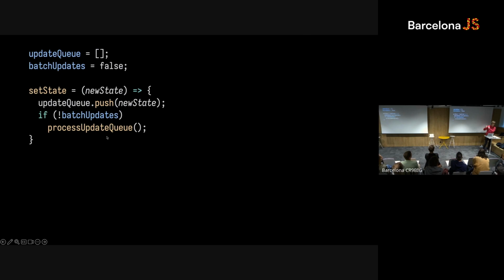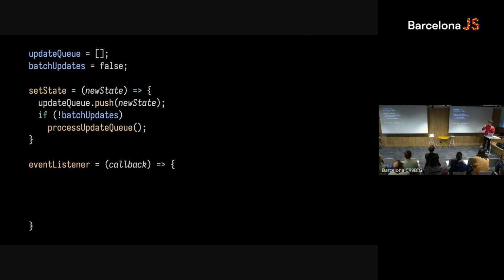And now, if batchedUpdates is true and setState isn't processing the update, then something else needs to process the update, right? Something else needs to call processUpdateQueue. What would that part be? That part would typically be the function that set the flag to true. And in most cases, that's going to be the event listener function. Here's how this works. When you set some event listener on some DOM node, like for example, you have a button with onClick, right? And then click